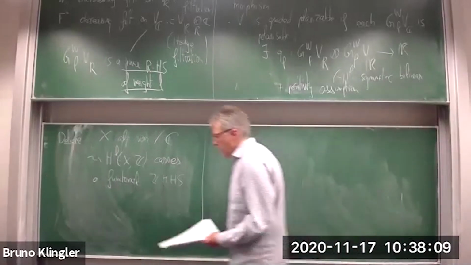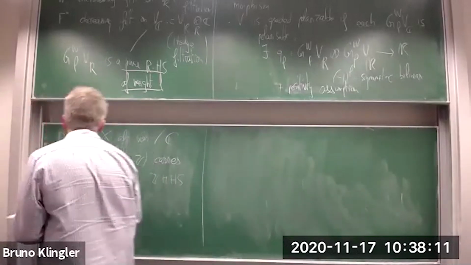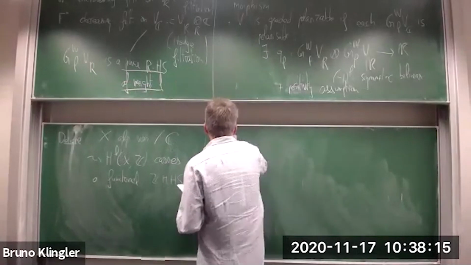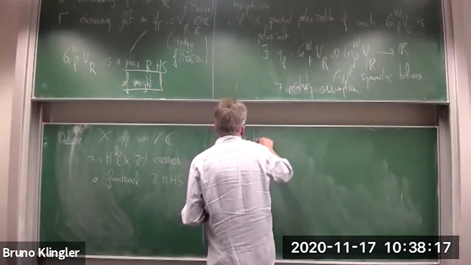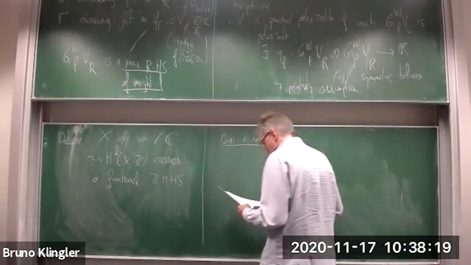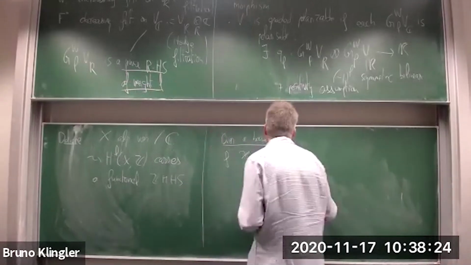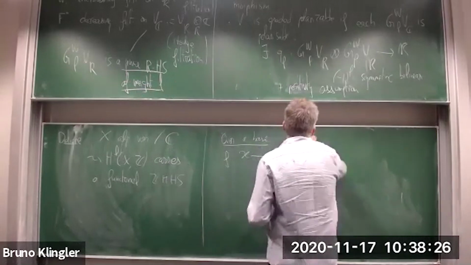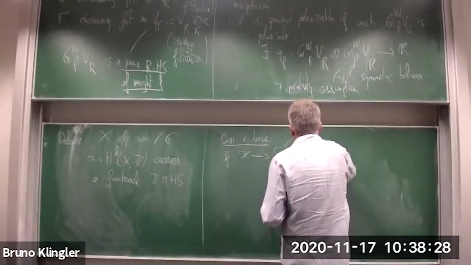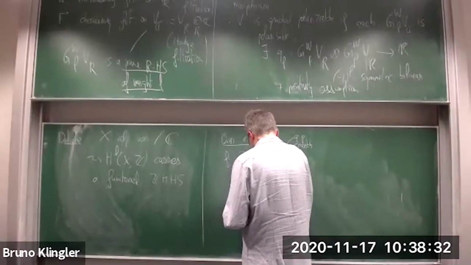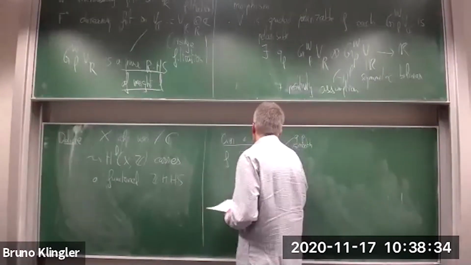All right, so now this was the story of a point. This is just a vector space with these two filtrations. So now let's do the theory of a base, the smooth part. So suppose you have a family of algebraic varieties, where S is quasi-projective and smooth. And you're assuming for simplicity that this morphism is smooth or equisingular, let's say.